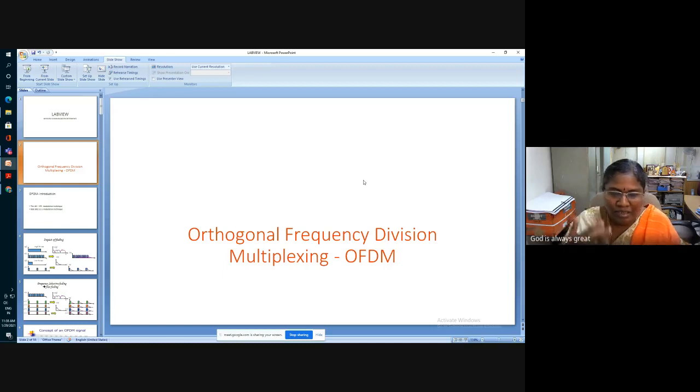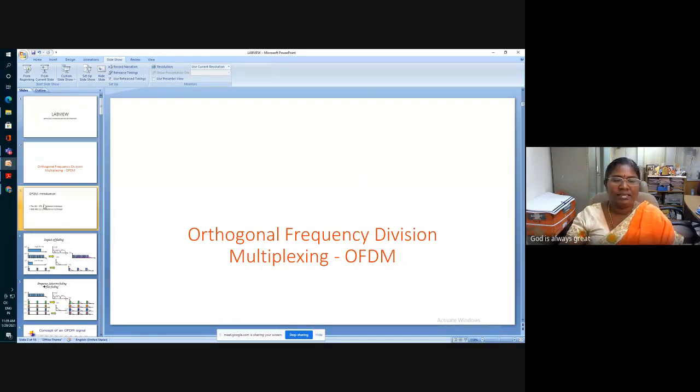Hope you all know the OSI model of the computer communication model, right? Or the TCP/IP model. This model has the lowermost layer as the physical layer, the next layer is your MAC layer, and the layer above is your IP layer, right? So OFDM fits in two layers. One is the physical layer as OFDM. In the MAC layer it also fits, but the term used in the MAC layer is orthogonal frequency division multiple access, right? What we are going to study here is how OFDM is used to transmit bits in the physical layer. Physical layer experimentation can be done in LabVIEW.